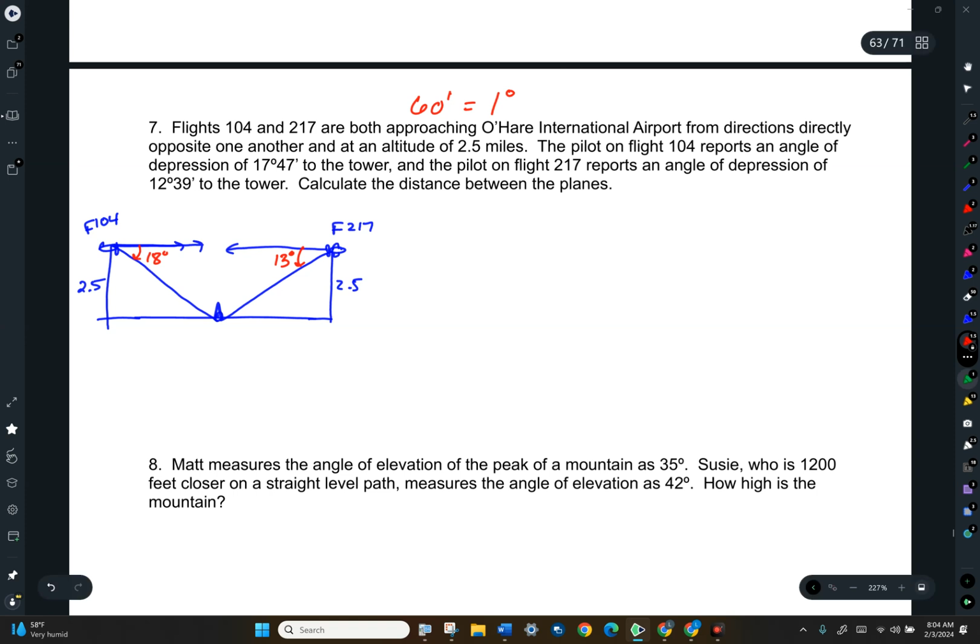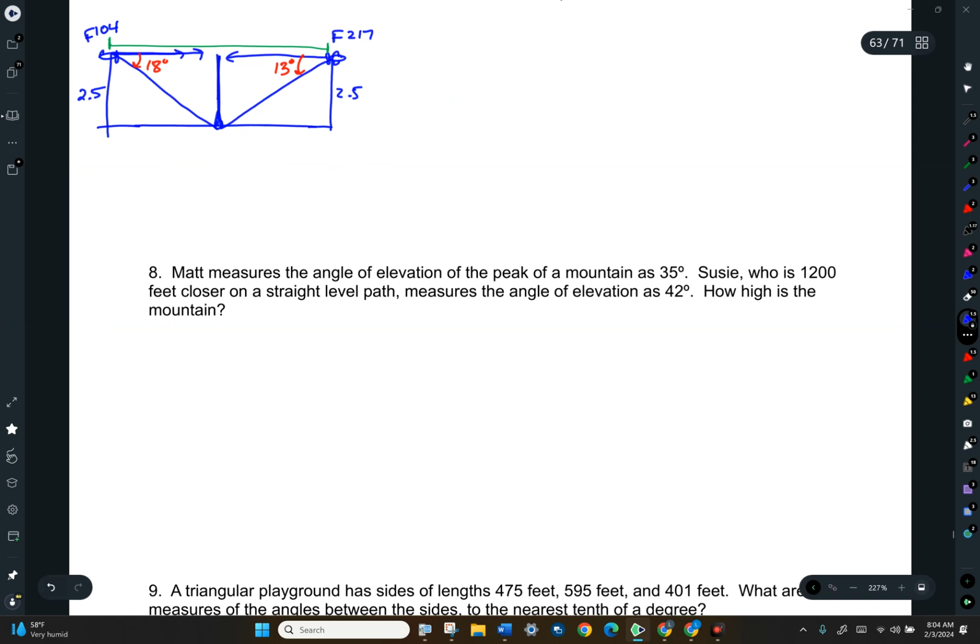When we're talking about the distance between the planes, I'm saying from here all the way to here. That's what we're trying to find. And if it helps, keep in mind you could draw this line straight up. See if from that information you can find the length of that green line. Okay, and then number 8,